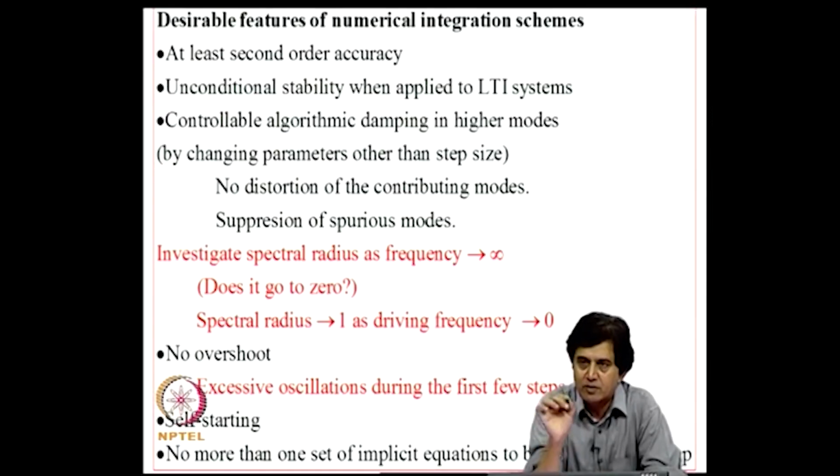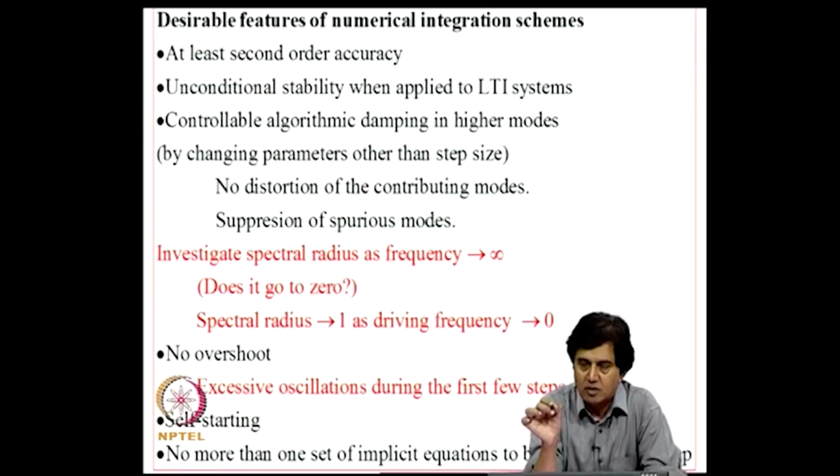Suppose between, say, 0 to 50 hertz, there are say 12 modes in a structure whose natural frequencies lie in 0 to 50 hertz. Then the degrees of freedom in our model should be at least 10 times the number of modes that you would like to retain in the modal expansion. So, in order that we get acceptable accuracy on the lower order modal characteristics, our model size needs to be